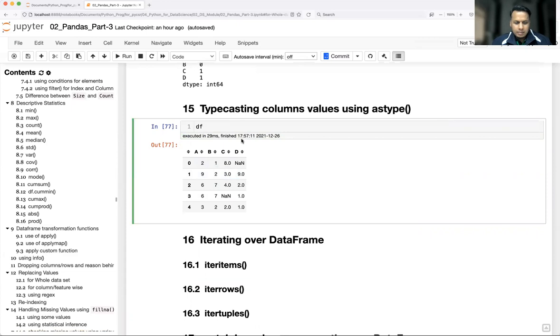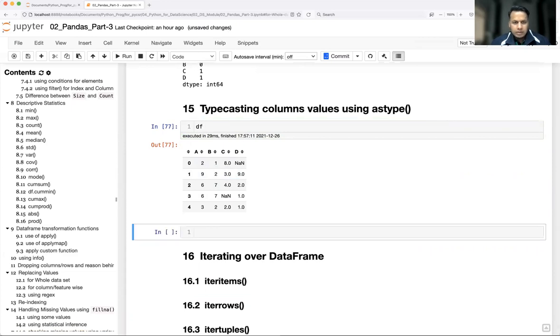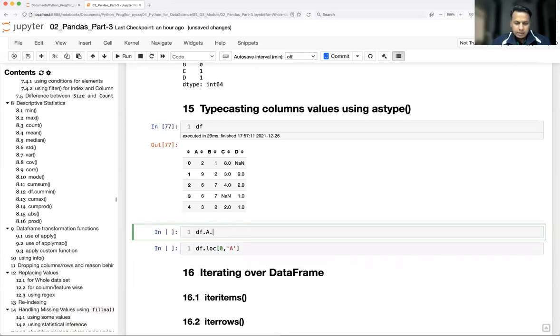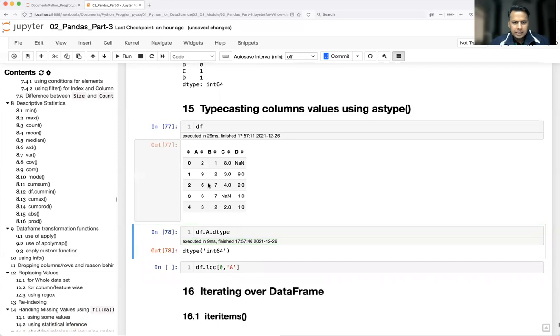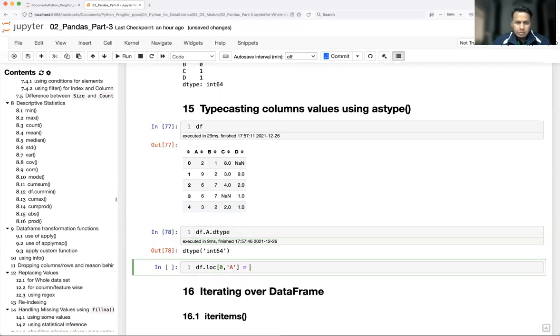So I'm just going to convert one value to string type so that I can show the example. The 0th row and column A. First I'll show the data type. df.a.dtype. It is int64. I'm going to replace the value with, let's say, 10 as a string.